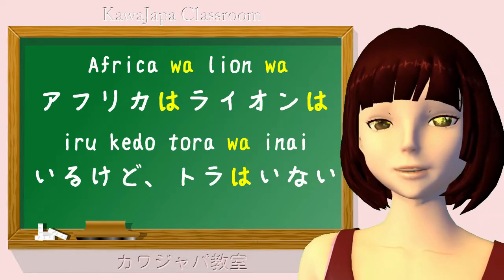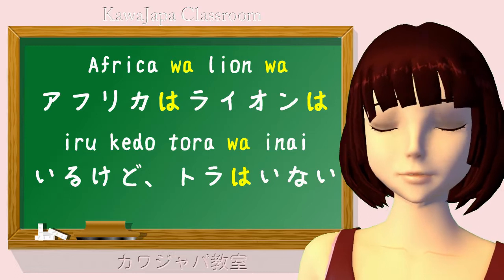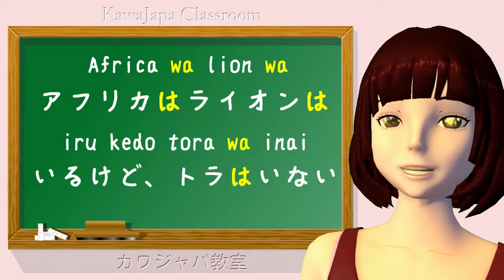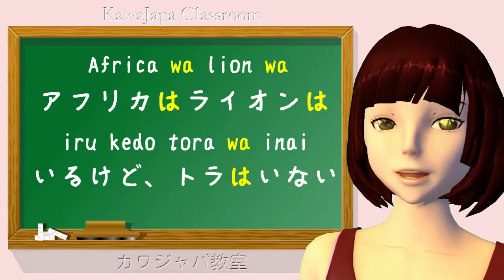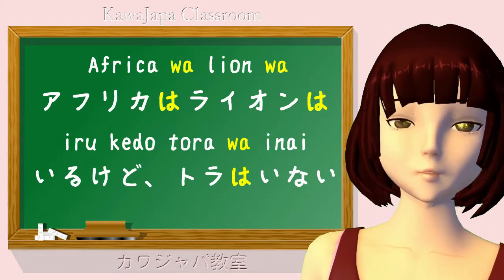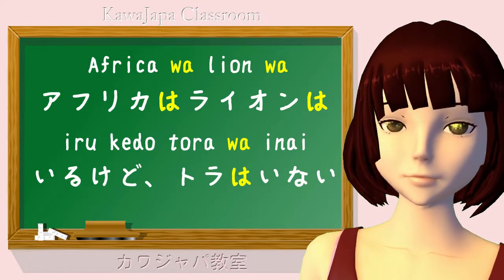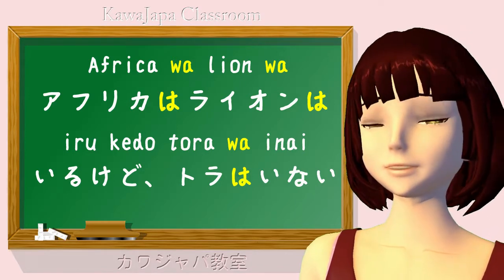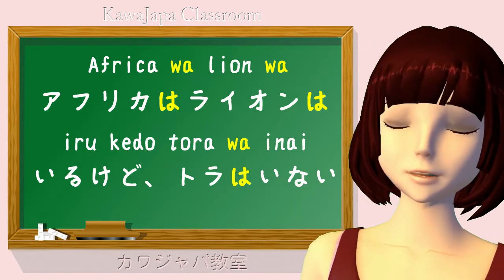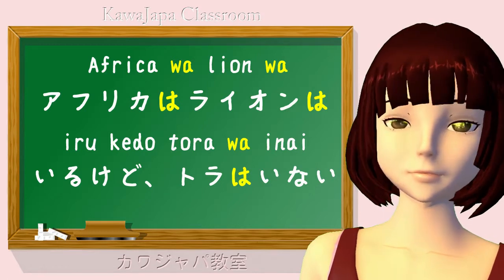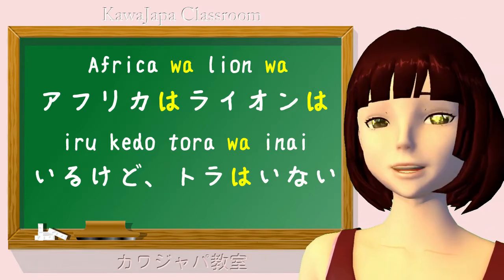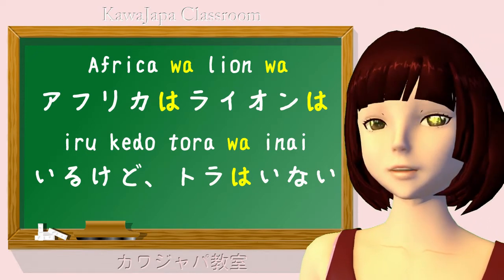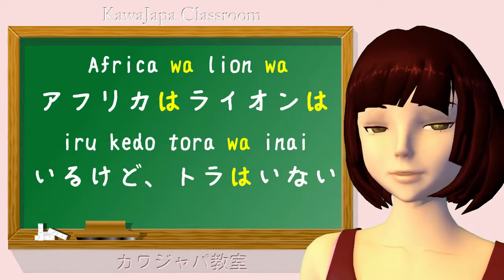In each case, we are separating out one subject from others, and particularly from the other. In this sentence, wa is supplemented by a but. In many cases, the use of wa where we expect to find ga, because usually we would say ライオンがいる、トラがいない, wouldn't we? The use of a wa where we would really expect to see a ga is clearly distinguishing the noun marked by ga from other possibilities.